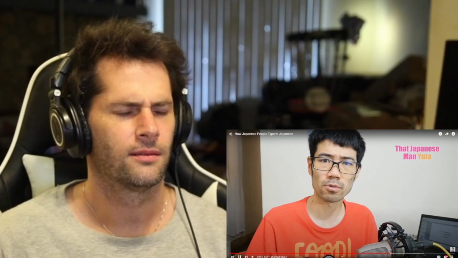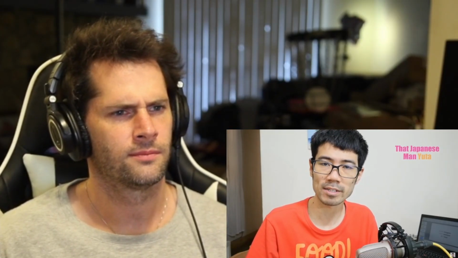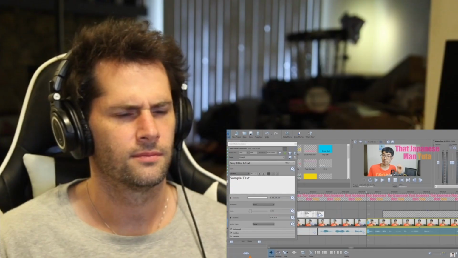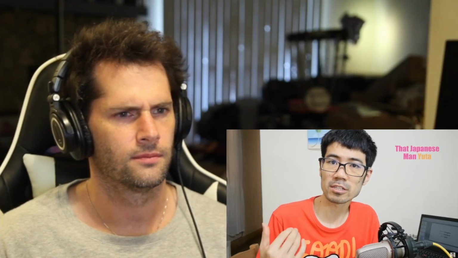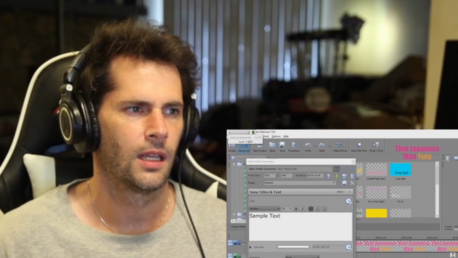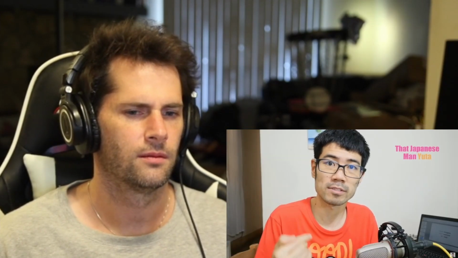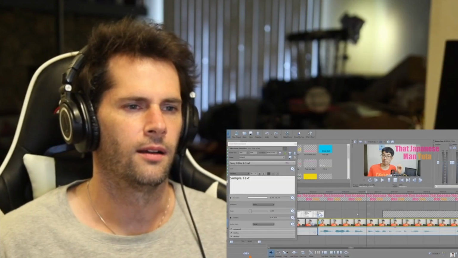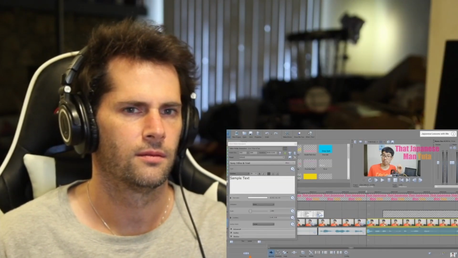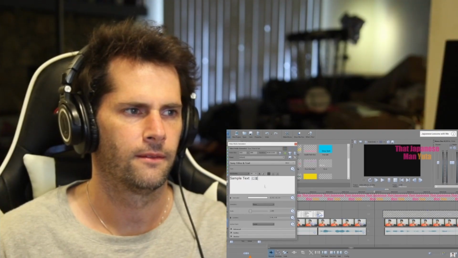And sometimes shortcut keys don't work with the Japanese input mode. For example, in my editor, you can press S to split a clip. But if you are using the Japanese input mode, it tries to enter Japanese hiragana, so it doesn't work. And the space key doesn't work either because it tries to enter the Japanese space. So you need to switch back to the English input mode, edit your clips, and switch back to the Japanese input mode to put some Japanese subtitles.